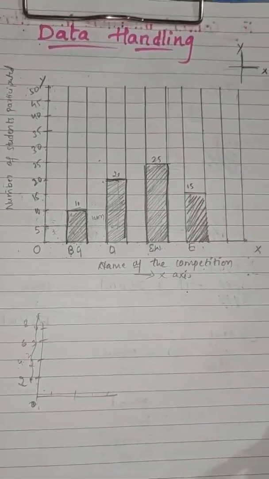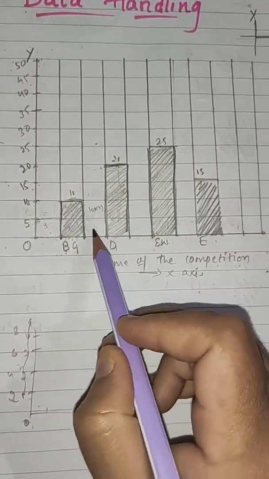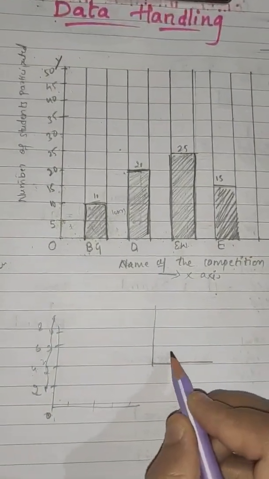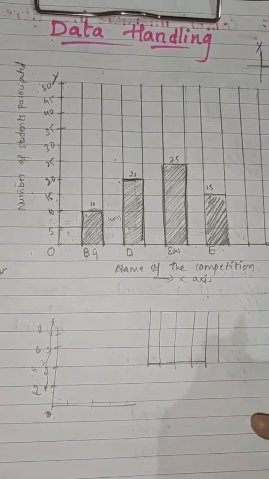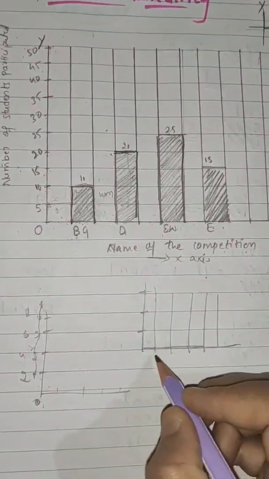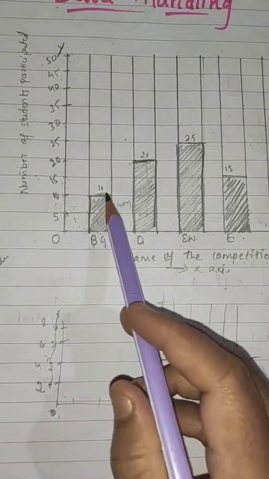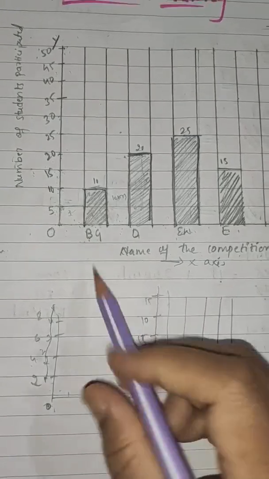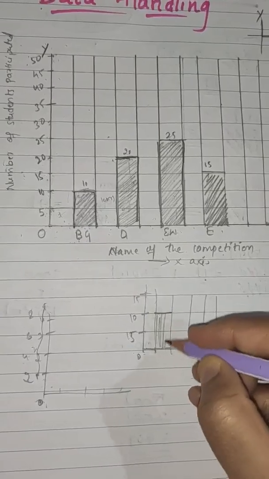Understood, children? So one more thing. See, here I have left one space. 1 centimeter I have left. If I take it like this, suppose here, this is a line. Okay, this is a line. So here it is 1 centimeter. Suppose this is Bhavagiti. If I am taking from here to here, Bhavagiti, how many students have participated? So this is 5, this is 10, this is 15. Okay, how many? 10 students. If I am taking it like this, 10, I will shade it.